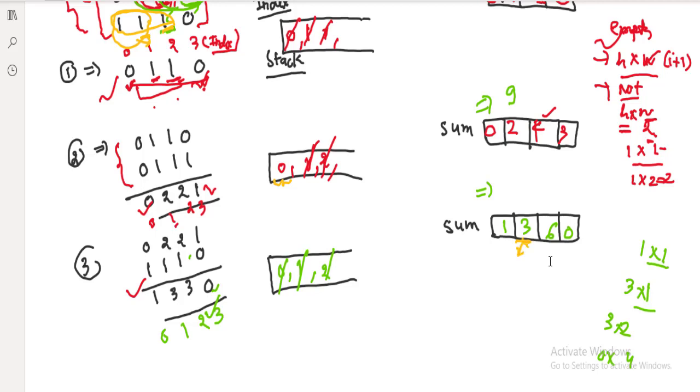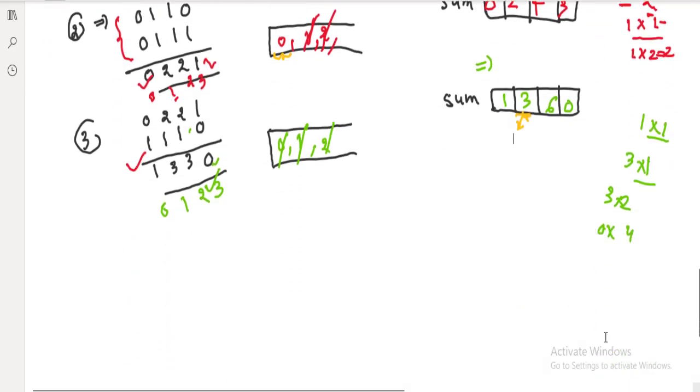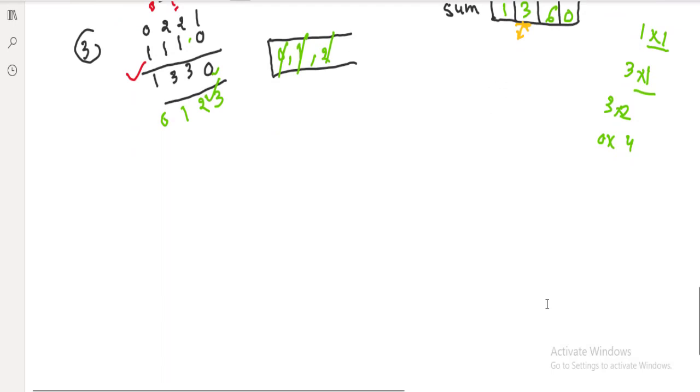Because ending with this particular element, here we write the matrix again: 0 1 1 0, 0 1 1 1, and 1 1 1 0. Ending with this particular index, what are the submatrices which contain all 1s? It will be 4, no? 1, 2, 3 and then 4. We have computed this one, but we have not computed this one.